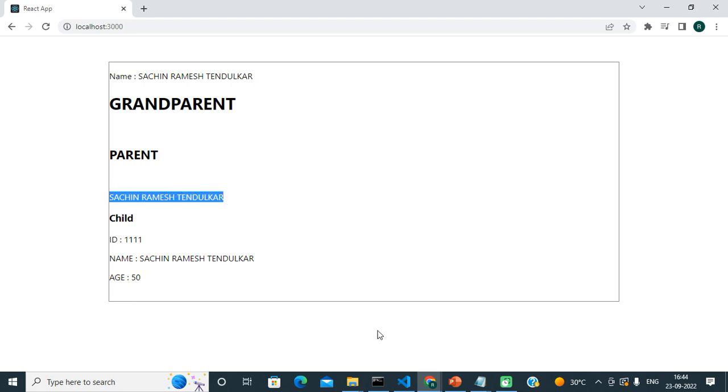Okay, so this is a simple way of passing data from one component to another component. Basically, with the help of the useContext hook, we can avoid manual data passing from one component to another. We can bypass that step, we can skip that step. And in a simpler way we can send data from parent to any of its children. So this is actually the useContext hook. I hope you will understand this.